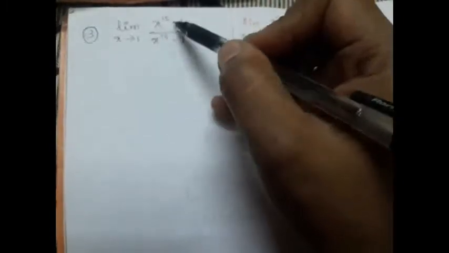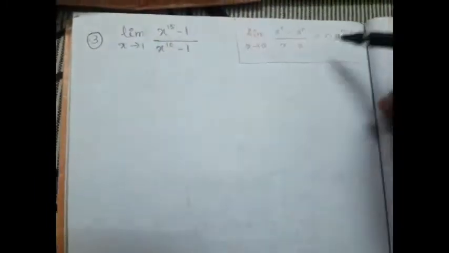But if we follow the regular steps to this problem, what will happen? As a first step, we will apply the limit. So when we apply the limit to the numerator and denominator separately, we will get 1 power 15 minus 1. Anyhow, numerator and denominator will get 0, so 0 by 0 form. When we end up with 0 by 0 form, we have to reduce it in order to avoid 0 by 0 form. To reduce it, again it is not easy to simplify, right? So rather we can use this method.